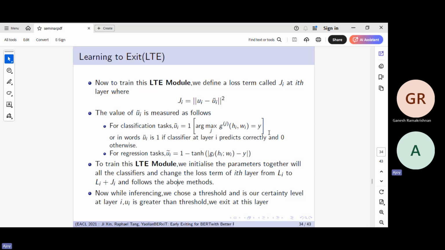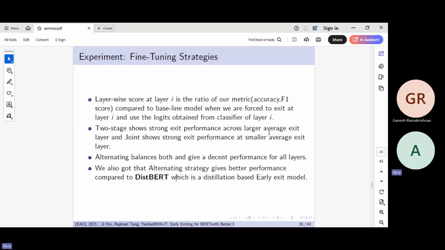I don't think they mentioned anything related to that. They just said replace with LI plus JI. So in the experiments,